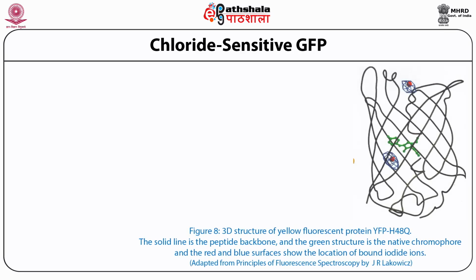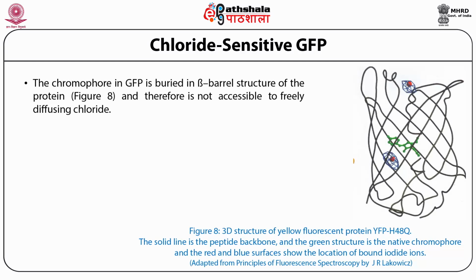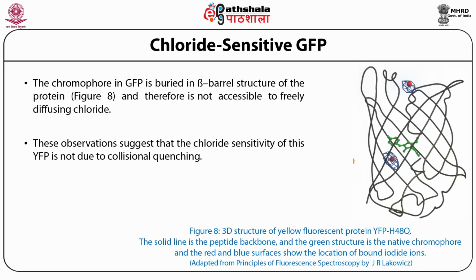The reason for this is that the chromophore in GFP is buried in the beta barrel structure of the protein, which is shown on the right hand side. You will see two chromophores, one on the inside, within the barrel of the protein, and another at the top. And you can also see the green structure, the native chromophore, which is near to the blue surface, which is an iodide ion. These observations suggest that the chloride sensitivity of the YFP is not due to collisional quenching. It is rather the inaccessibility of ions to the chromophore, because this does not allow free access to the diffusing